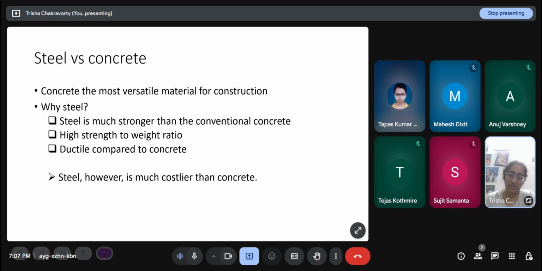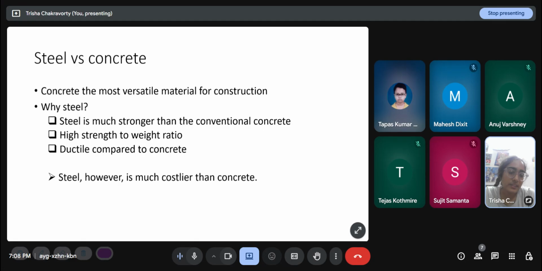However, steel is much costlier than concrete, so despite these advantages, we do not use steel in all kinds of structures. In fact, we use steel in more specific and highly demanding structures, while most of the institutional and residential buildings we see around us are generally made of reinforced concrete. Of course, there is nothing called just a concrete building, since concrete has almost zero strength in tension. We have to reinforce concrete with steel anyway, but generally RCC structures are what we see around us the most.